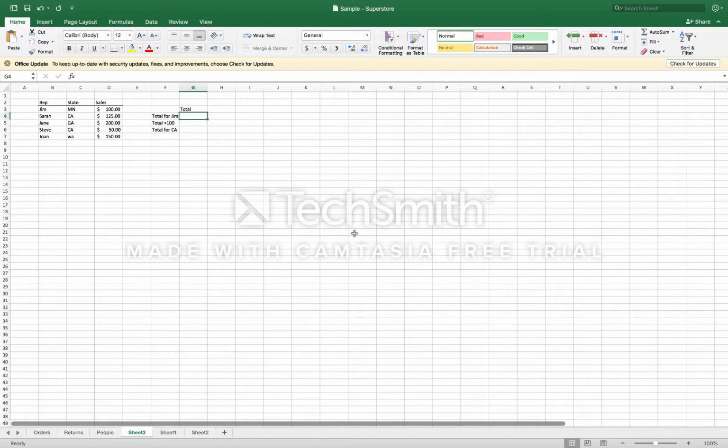We have a table with different sales reps and the states they work in and the sales they made in each of those states. And over here we have questions we're going to answer. We're going to want to answer the total sales for Jim, the total sales over $100, and the total sales for California. So we'll begin with the first one, total for Jim, and then to get the function, we'll type